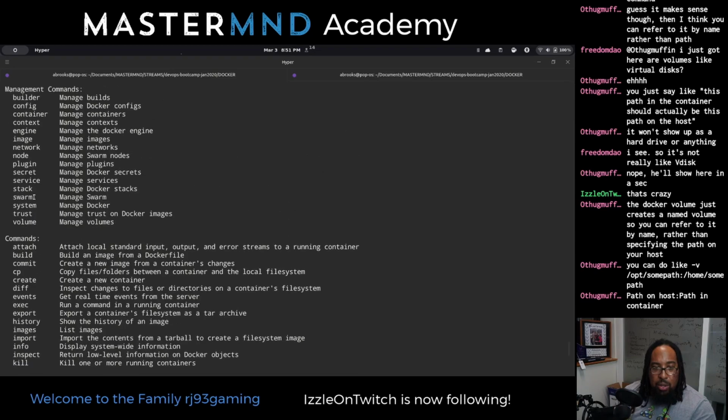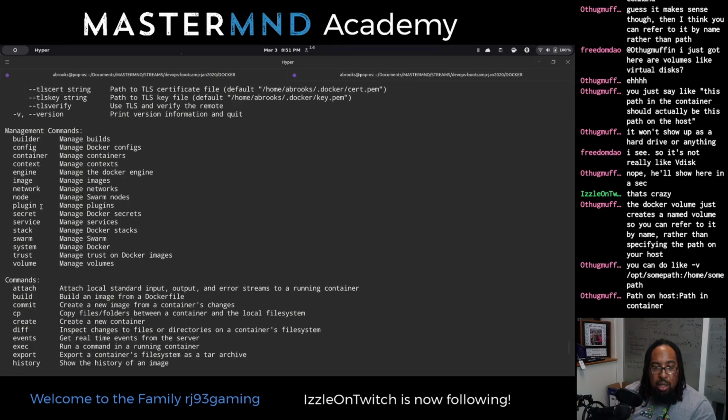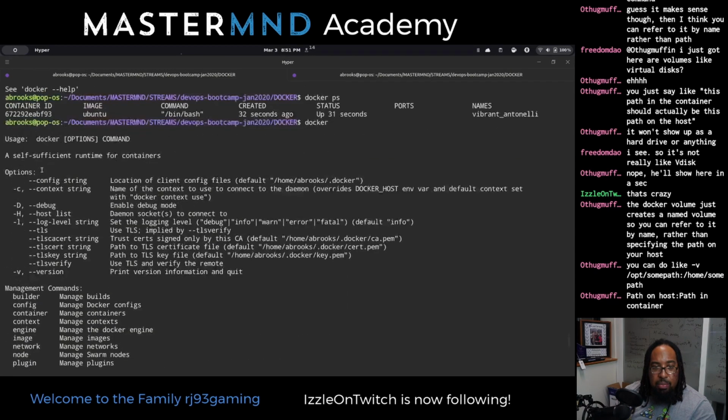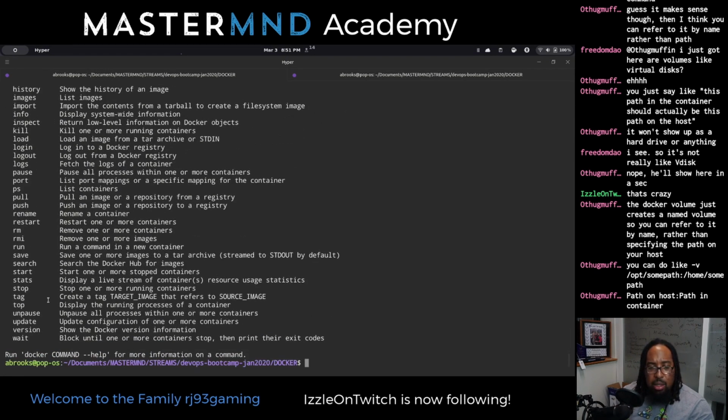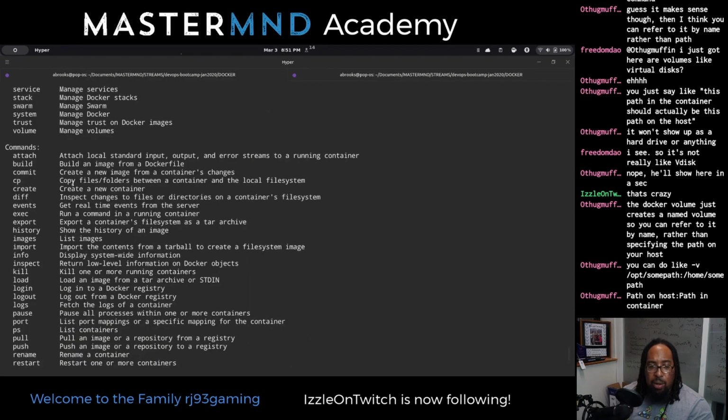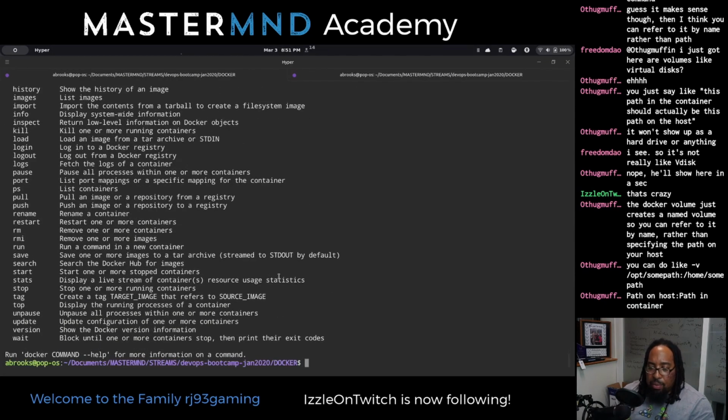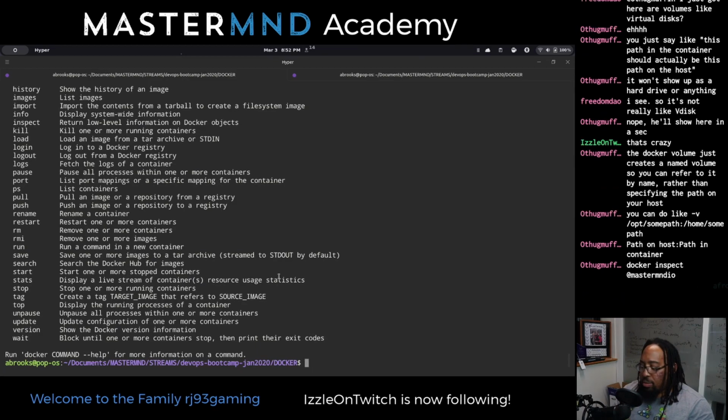I thought there was a command to do it. This is the resource usage. There's a way I can get all the information about the currently running container, but I don't know. Oh yeah, docker inspect. Thank you.